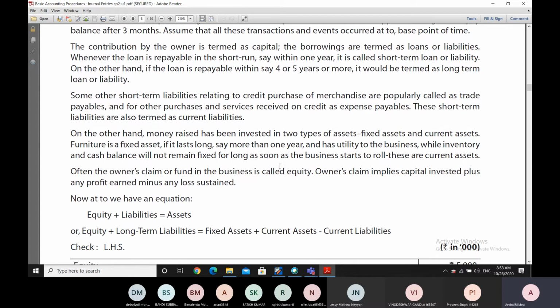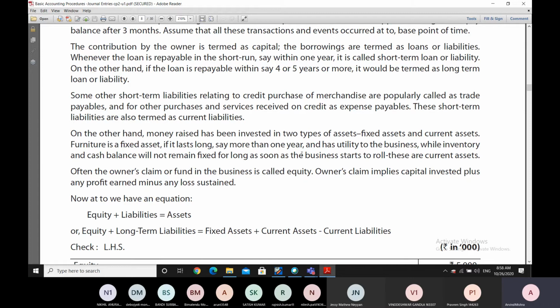On the other hand, whatever money has been raised by the businessman, he has invested in 2 types of assets. One is the fixed assets and the other is the current assets. Now, furniture is a fixed asset if it lasts for a long time, say for more than 1 year,